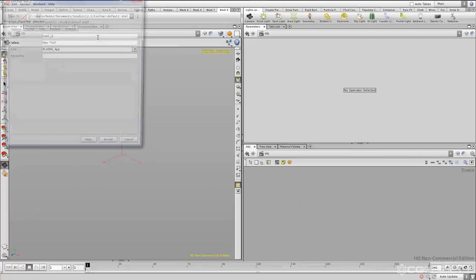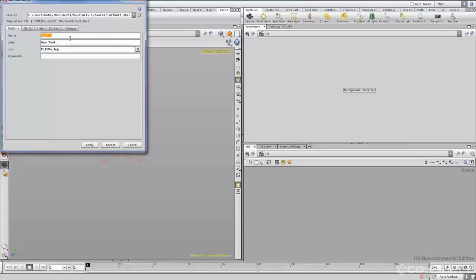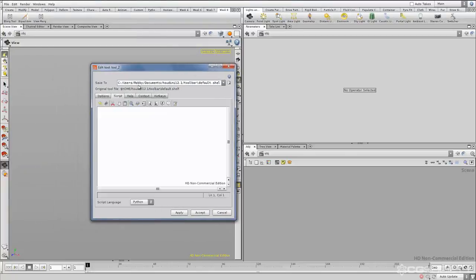Alright, so let's just go ahead and create a new shelf tool. Call it merge objects. Maybe view merge objects. View merge objects. And hit apply. If you go to our script,